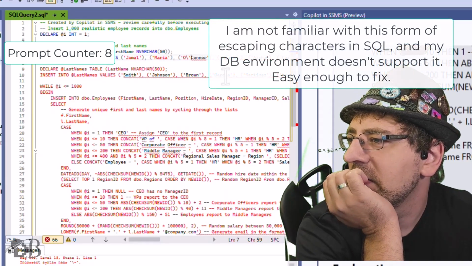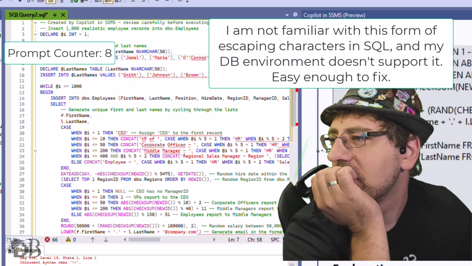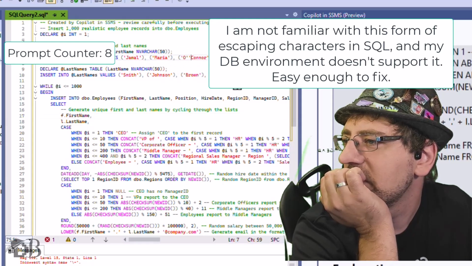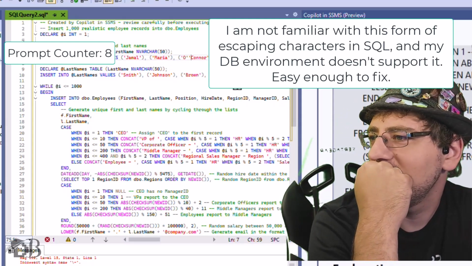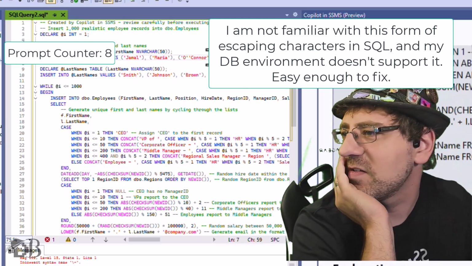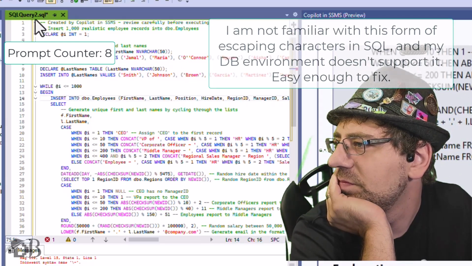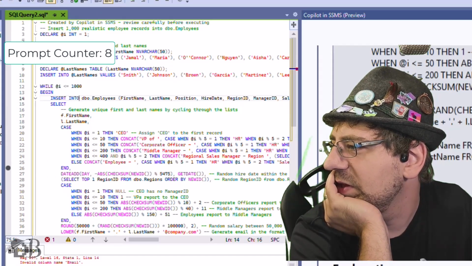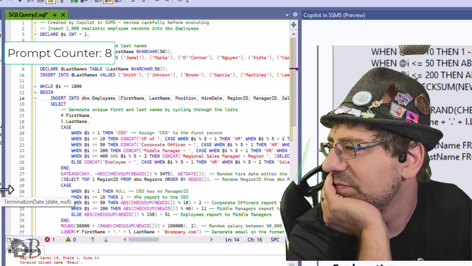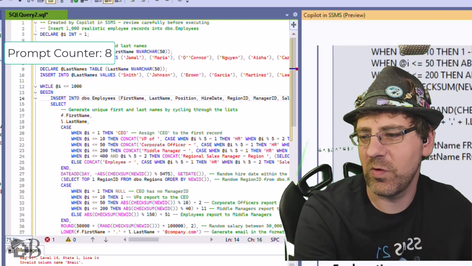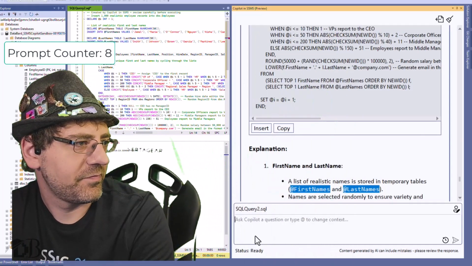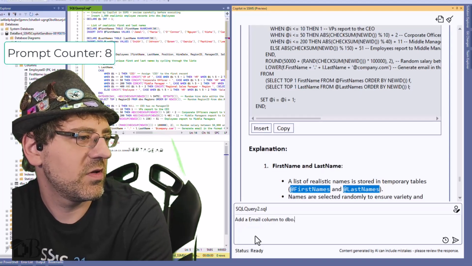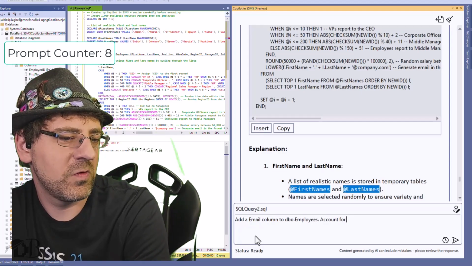Okay, did not like the... Yeah, I think that's at least what we need there if we're going to have O'Connor. For sake of keeping our data simple, we're going to do... No, actually, let's give ourselves email details. Email. No! Our employee table doesn't have emails. Yeah, that's not important. Let's fix that. Add an email column to employees, account for typical